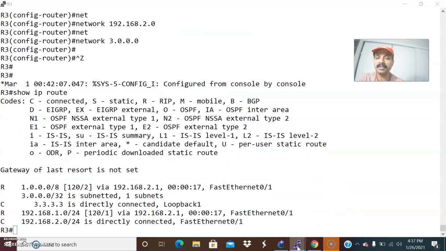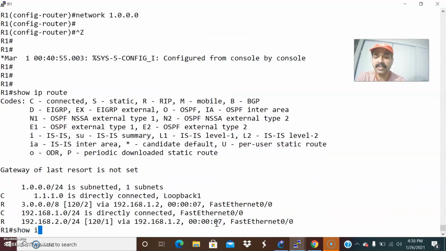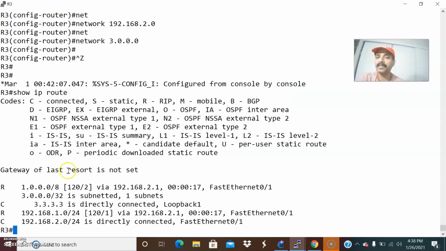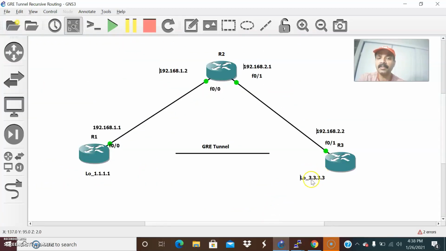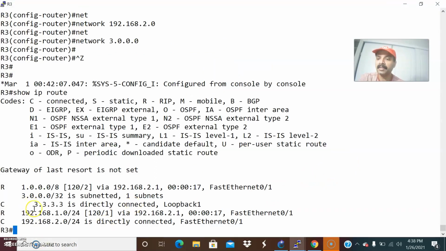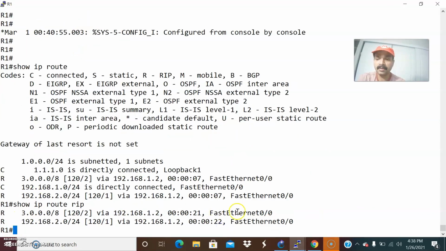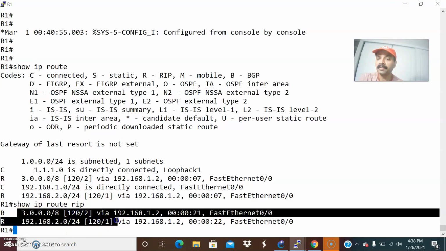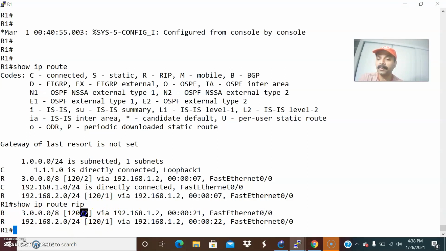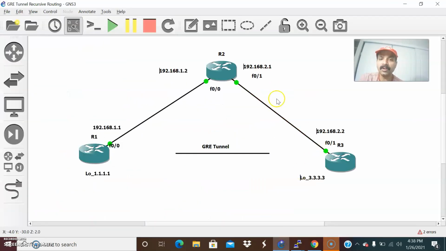Yeah, I'm able to see the destination network. So now let us filter by RIP route. Show IP route RIP. What I want to show is the 3.3 destination network. It is learning via two hops, right? You are able to see the 3.3 network. So right from R1, this 3.3 network is learning via 192.168.1.2 via two hops, right? So I already told you these two hops it is learning.